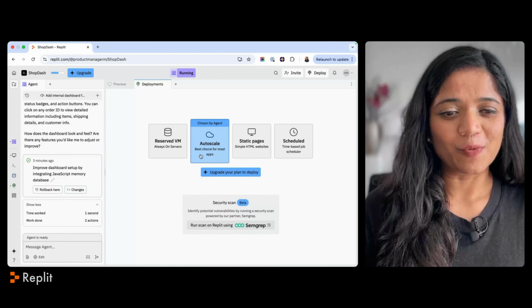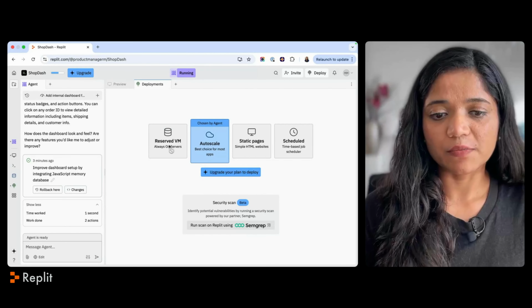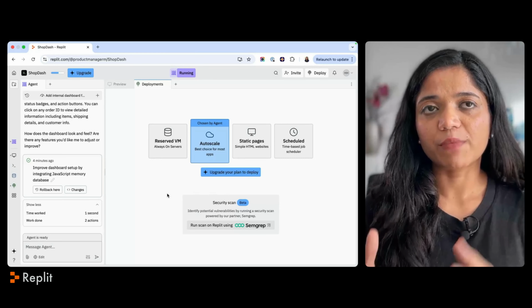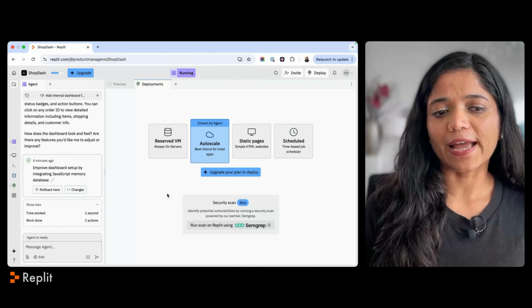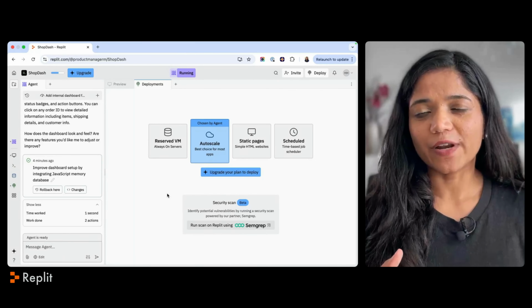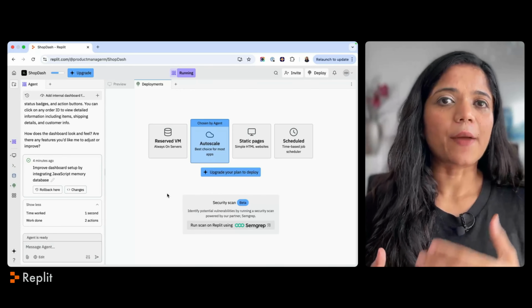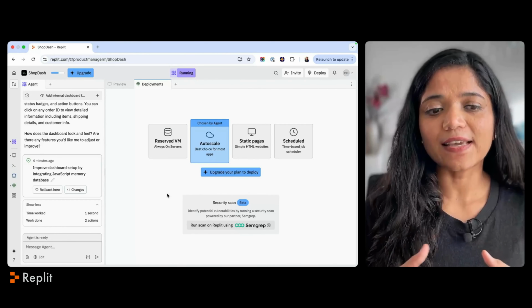So if I click on deploy, this is where it gets a bit more confusing. I have to upgrade, of course. I cannot simply deploy. This is another difference I noticed between Replit and other products. The deployment or publishing an app is not as difficult. I've noticed that you click on a publish button in all the other apps and it simply gives you an app that is hosted on their domain, but still the process of doing that is quite easy and quite simple.